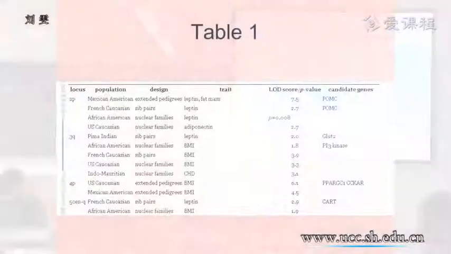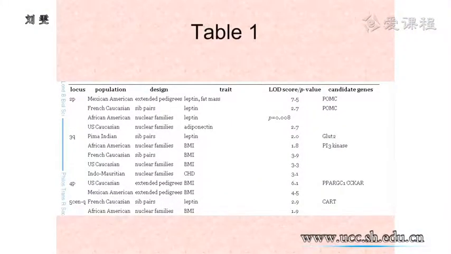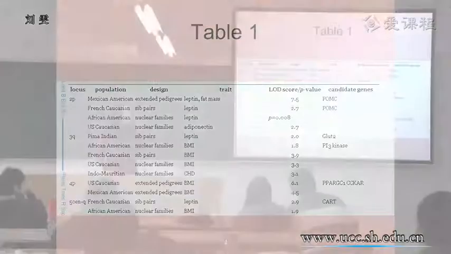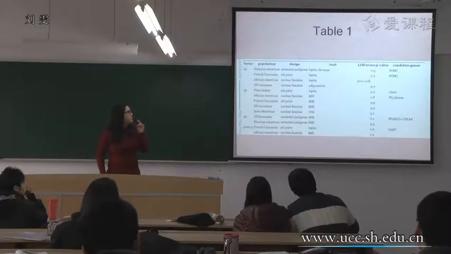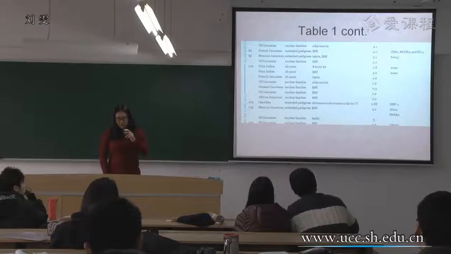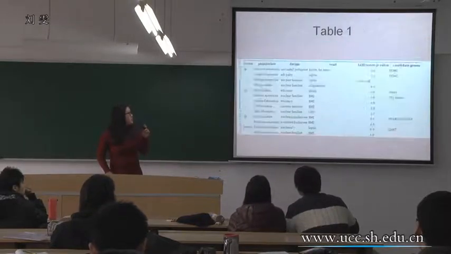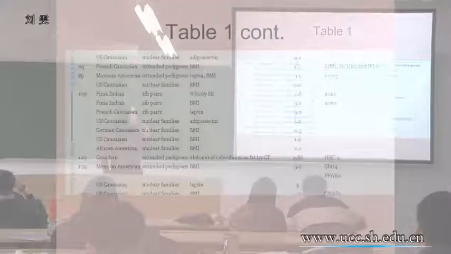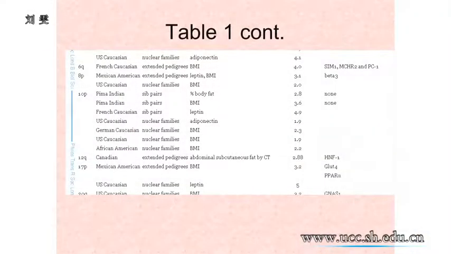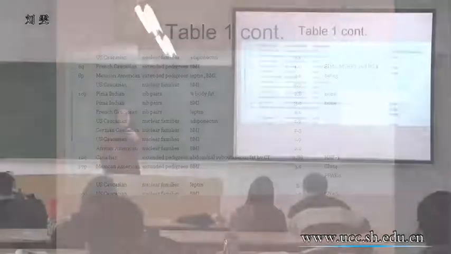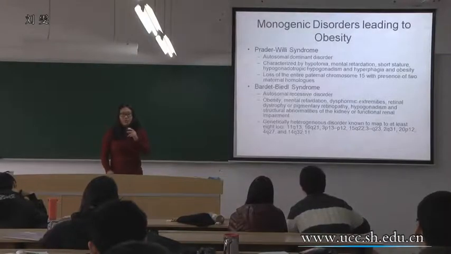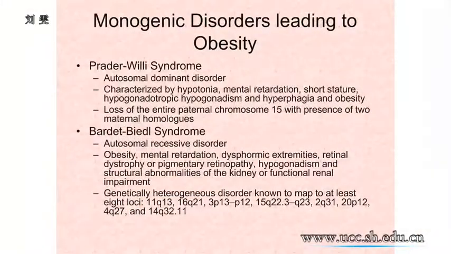This is just a cartoon. Here's a table for the different loci that the genes are located on, and for the populations and the LOD score. And it's continued. So it's not just between, let's say, Caucasians or Asians. It's actually pretty well mixed. So that also shows how our dietary intake and our environment affect our